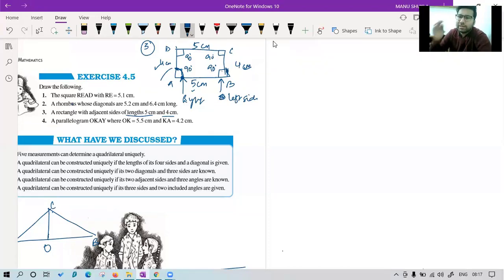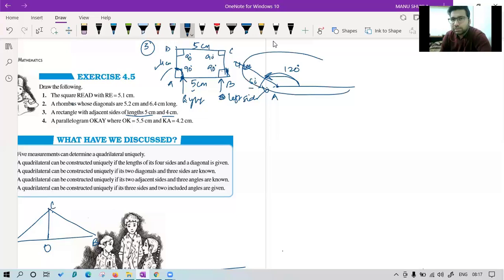Yes, you have to see which side is the inner one. You don't have to go from the outer side. Better is if you go from the inner side only, because if you want to draw an angle of 60 degrees, there are two possibilities. It can be from this side also. If you draw like this and say that this is also a 60 degree angle, this will be wrong, because it is going like this and it will be 120 degrees, not 60. You have to consider all these things while constructing the figure.